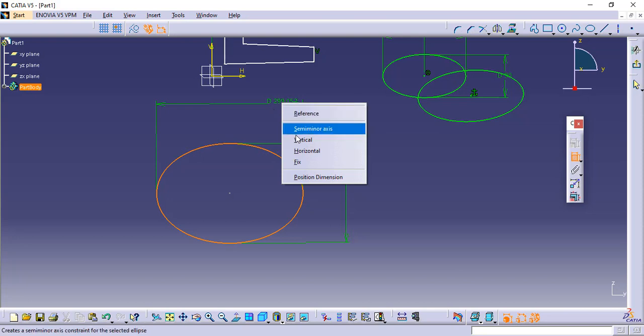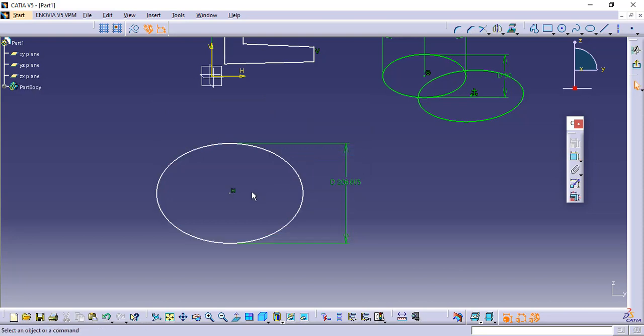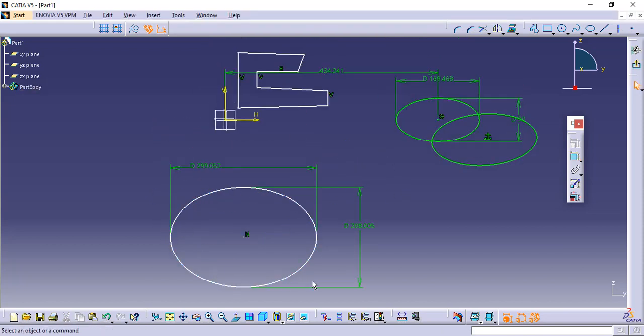I already gave it. I want the major axis to be horizontal. The horizontal symbol is there, it reflects the geometrical constraint. One more time I will give. Okay, the figure is still partially constrained, or I can say this is not a fully constrained figure. So I need to define its location with respect to this universal coordinate system, or I can define its location with its constraint sketch also, because the location of these ellipses is fixed or the location is defined in the 2D space. So I will use the constraint command.